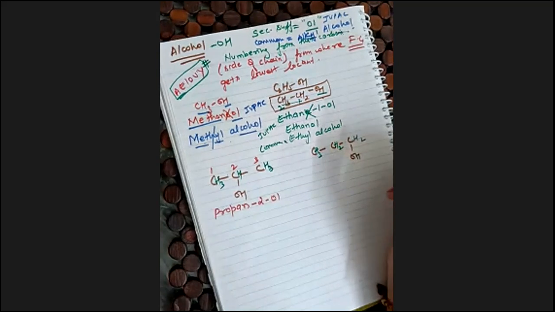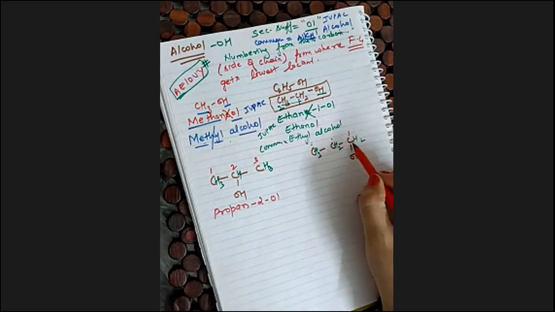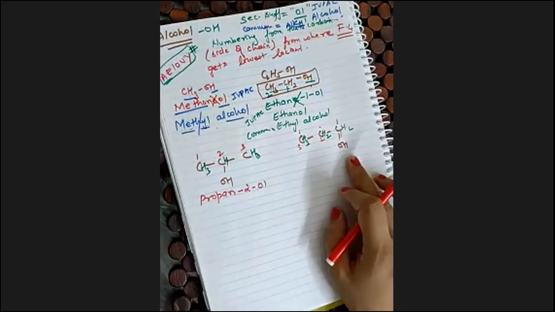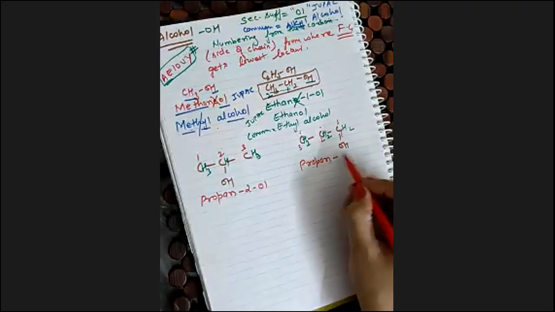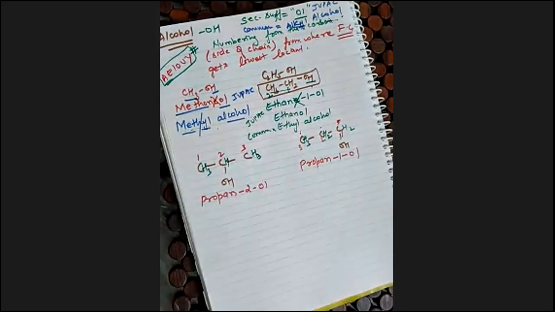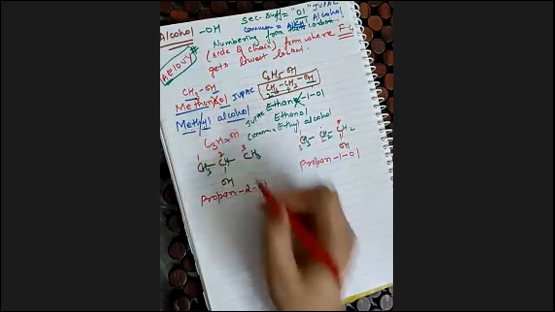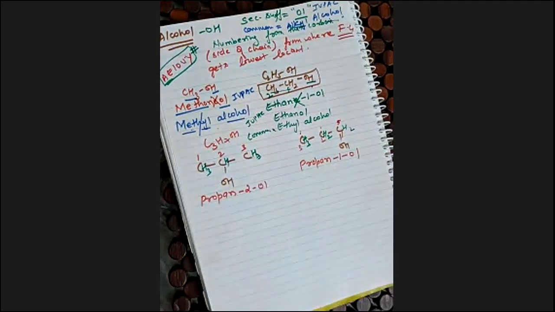But in this case, if we start nomenclature from this carbon, your alcohol will get the third position, 1, 2, 3. But if we start from this side, 1, 2, and 3, this is the nearest place to locant one. So what will be the name? Propane, on the first carbon we have ol. So this will be propan-1-ol. Clear? Sometimes instead of giving this entire compound, they can write C3H7OH simply.